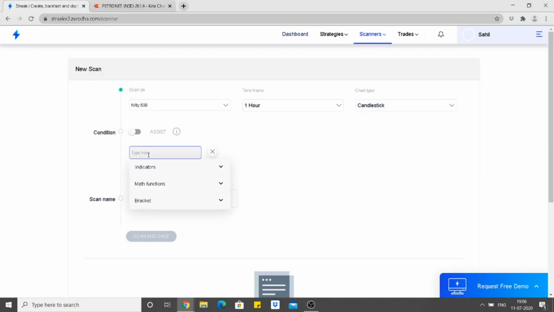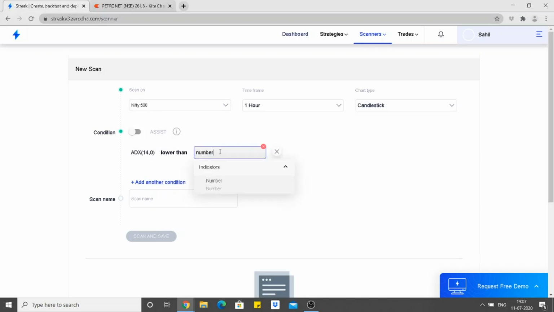So let's begin. In the first condition, we're going to make sure that the ADX is lower than 20, because when the ADX is lower than 20, it signifies that the price is not trending. And if it's above 20 or 25, it means that the price is trending. So ADX lower than number